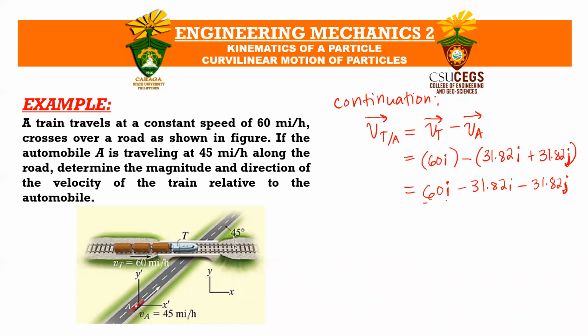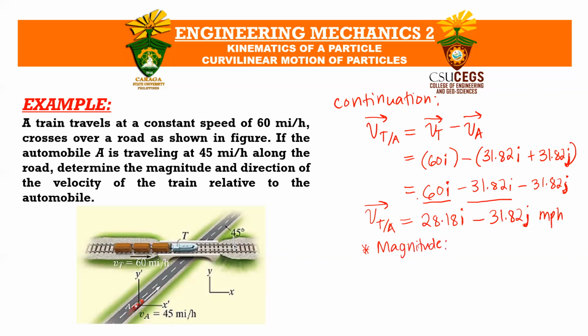So here we combine the 60i and the negative 31.82i, and this will become 28.18i, since 60 minus 31.82 is 28.18, minus 31.82j miles per hour. So this is the vector form of the velocity of the train relative to A. Since what we need to know is the magnitude,